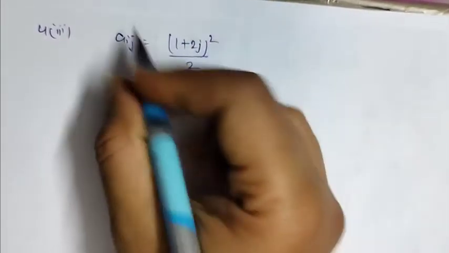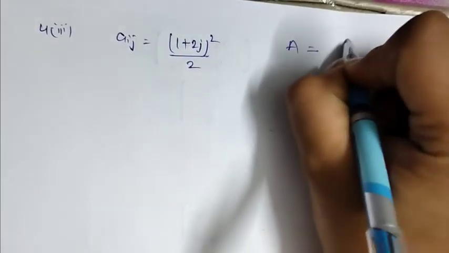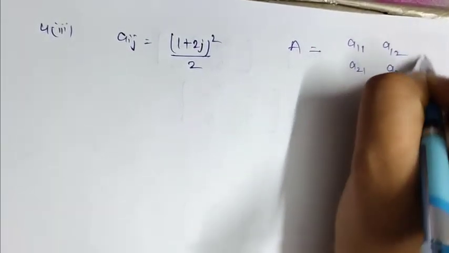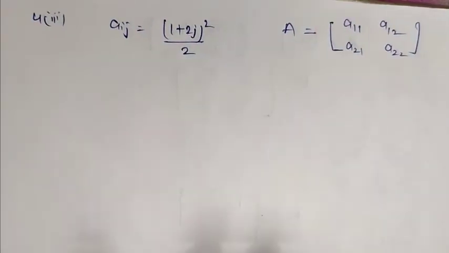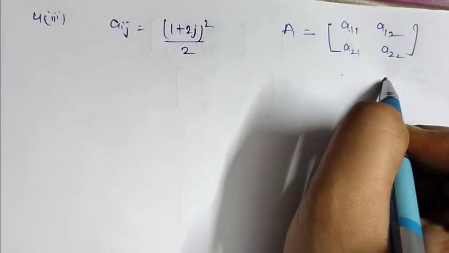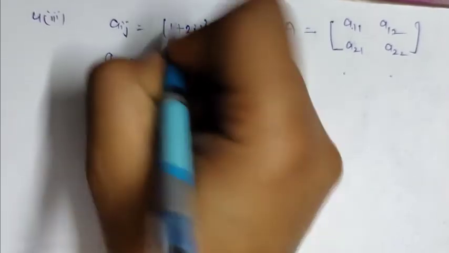Fourth ka third part we are going to solve, and we have here Aij equals to (i plus 2j) होल स्क्वायर अपॉन 2. ओके, ये फॉर्मूला हमें गिवन है ए आई जे का, एंड वी हैव टू कंस्ट्रक्ट मैट्रिक्स A of 2 by 2 order, दैट मीन्स A11, A12, A21 and A22. Okay, this is a 2 by 2 matrix. We have to find the value of A11, A12, A21 and A22, जैसा हमने लास्ट 2 क्वेश्चंस में किया है फोर्थ पार्ट के.